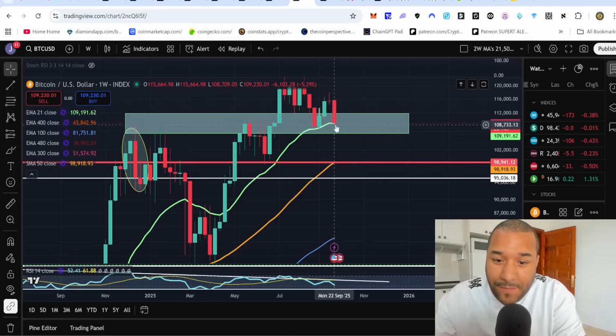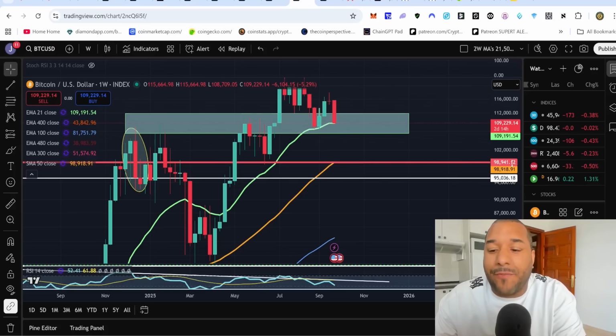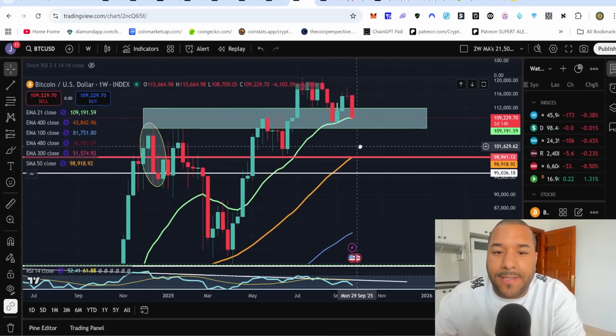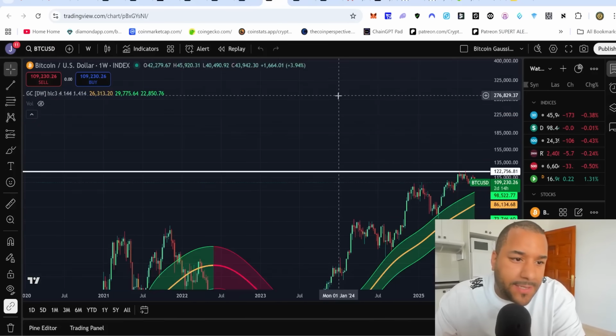And that's based on if this was to come down to this 50-week and break it as well. So let me show you, right? Just coming down here is ugly. Why? Because if this breaks down to the 50-week moving average, it puts Bitcoin at a 98,000 level, almost a $99,000 price. But it doesn't sit well with me, because if you take a look at this, this is the